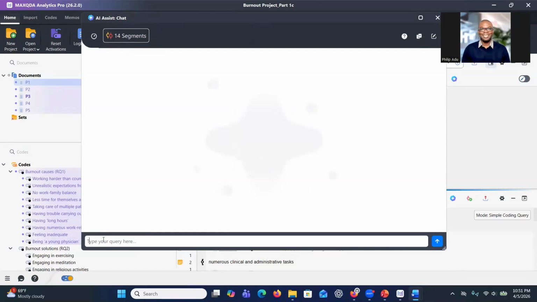Under the research question, you can say, can you review all the codes under the burnout causes RQ1 and categorize them to help develop themes addressing the following research question. It's always important for you to state the research question for the system to know the context,